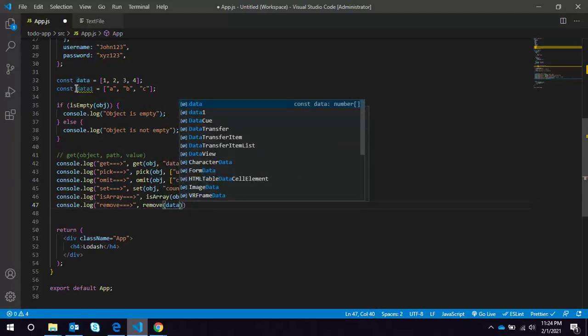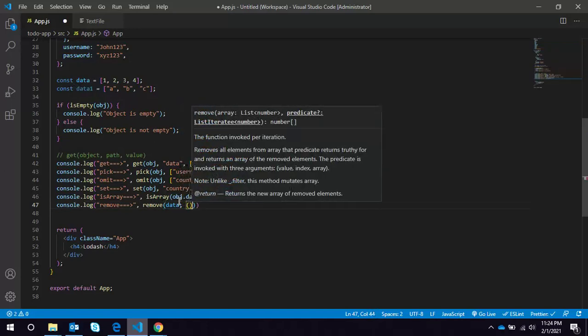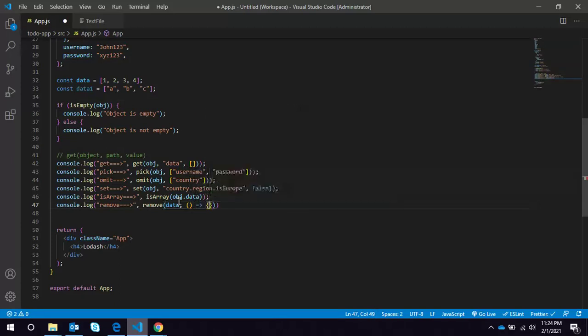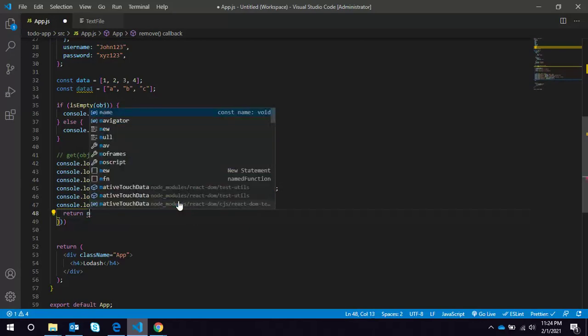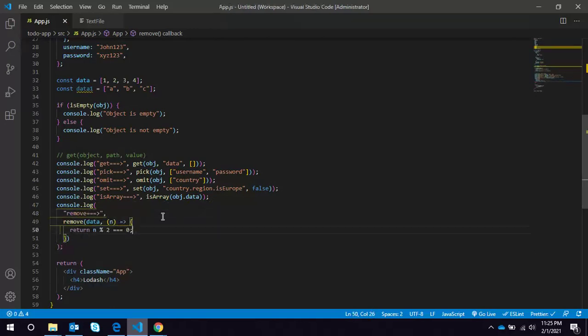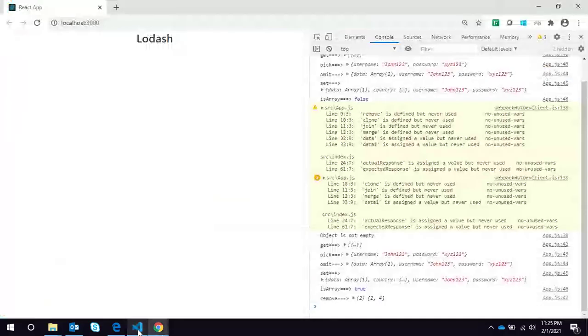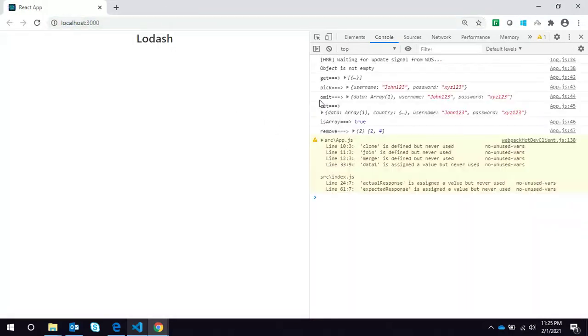I'm passing this data, and it accepts a callback function as the second argument. Suppose I want the even numbers.